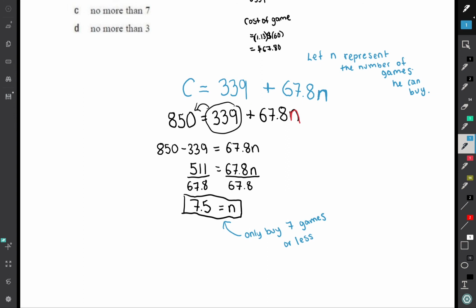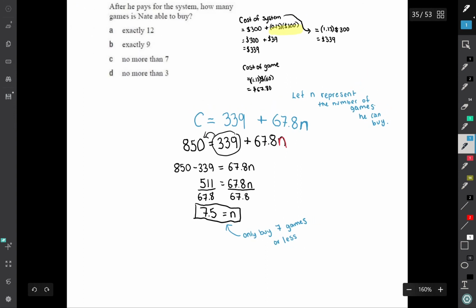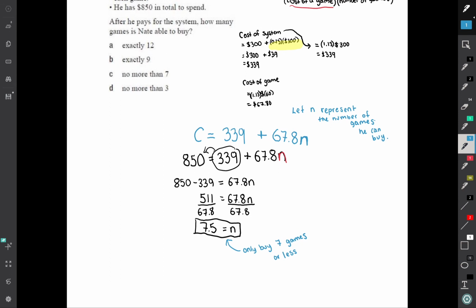All right. So let's go back to the options. Exactly 12, no. Exactly 9, no. No more than 7, yes. Okay, no more than 7. So he can buy 7 or less, basically. So C is the right